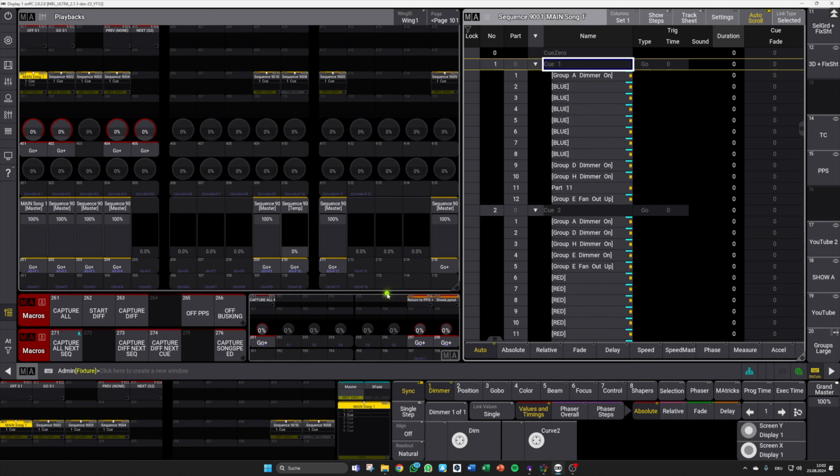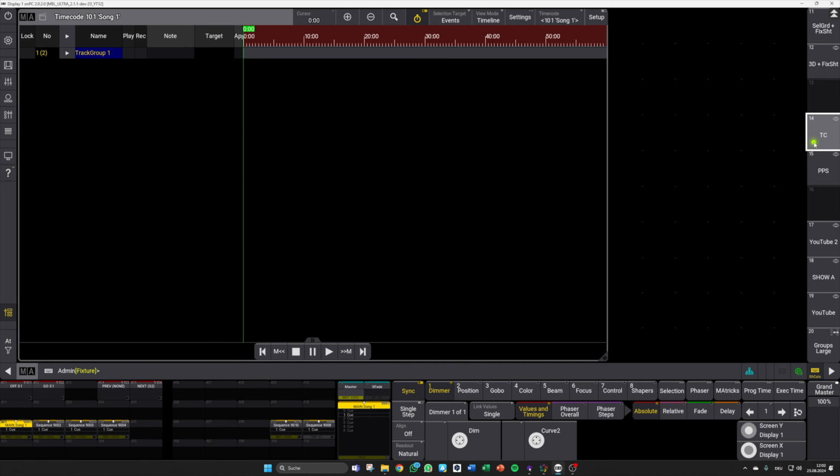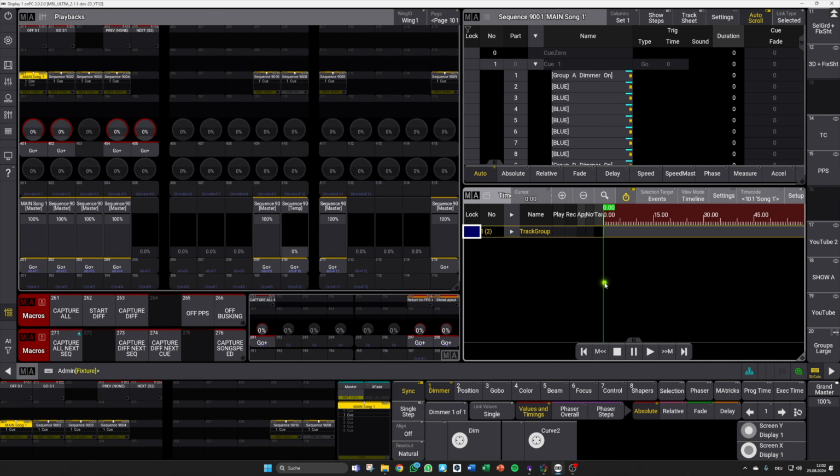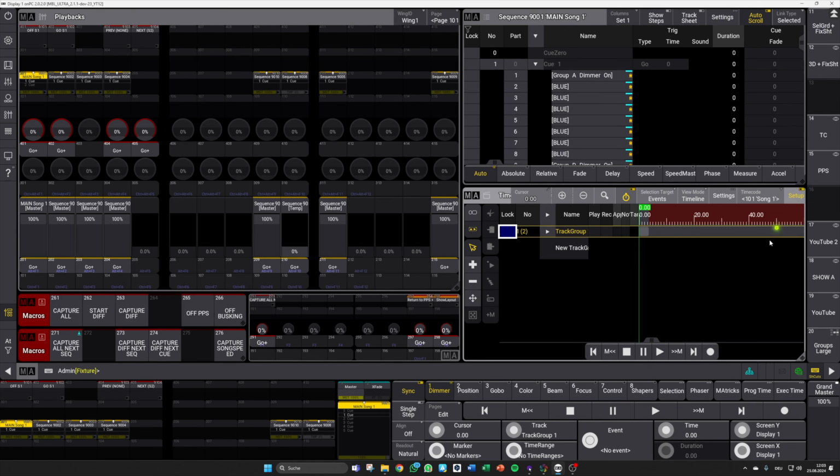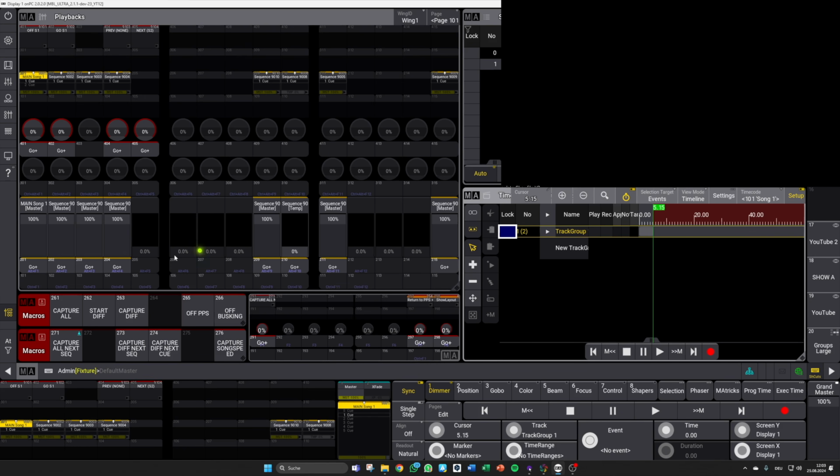Then we need some kind of timeline view. I could use this one if I have real hardware keys on my desk. And to show this a bit better to you, I've just created a second view where I still have my playback section up here. So there's my timeline view for my song 1, so the selected one. To be able to record things into your timecode, enter the setup and hit the record button. And there you go. Timecode is running, or at least your timeline in here is running, and you can start